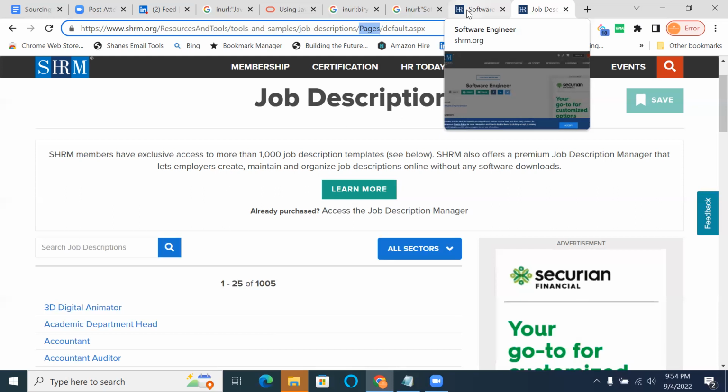There could be maybe a 0.0001% possibility, but 99.999% of the time software engineer will be part of one folder. It would not be that software is one folder, and after that developer is another folder, engineer is another folder, programmer is another folder.